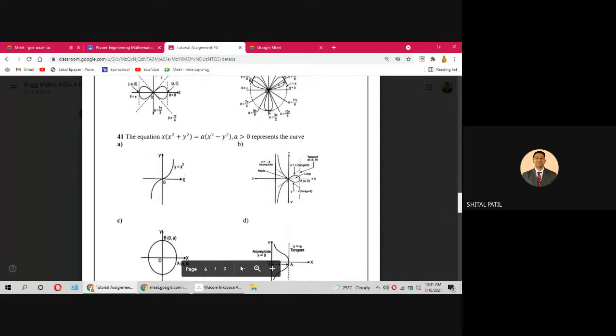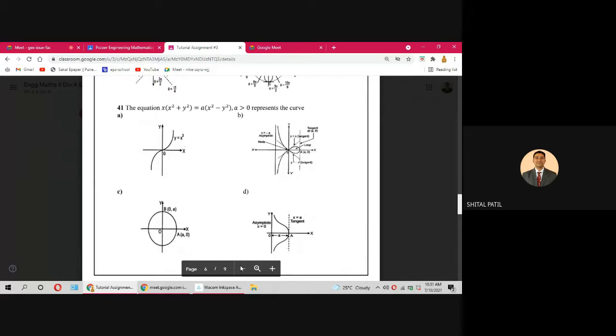अच्छा, next is important and interesting also. One by one, symmetry. Powers of x are not even, they are odd. Powers of y are even. y square is there, so curve is symmetric about x-axis. See the first option. Is it symmetric about x-axis? No, it is symmetric in opposite quadrant. So A को mark करो कि ये हो ही नहीं सकता आंसर. Okay. Now D. Yes, it is possible. C possible है. D possible है. All of them are symmetric about x-axis.